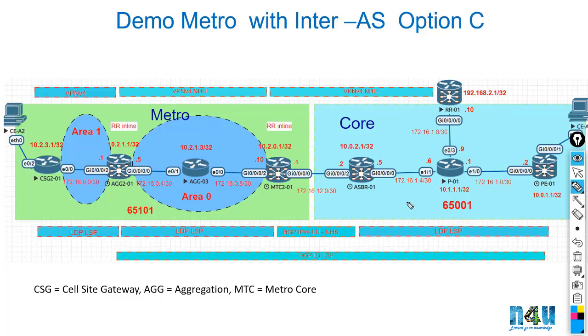On the right side is the IP backbone, including ASBR, which is the border router connecting to the metro network, P and PE routers, and route reflector router or RR router. The metro network and core network are segmented into different AS systems, and within the metro, the access layer and aggregation layer are segmented into different